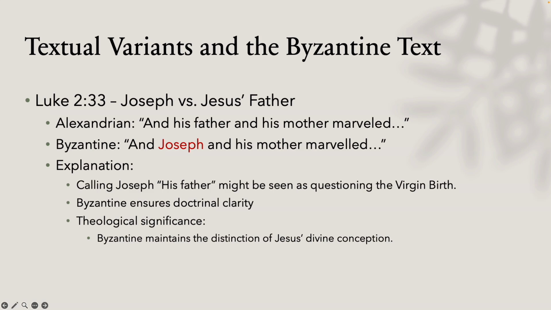So obviously if that was a debated issue, those who had the ability to copy the texts, if they were from that group of people, well, the temptation there is to